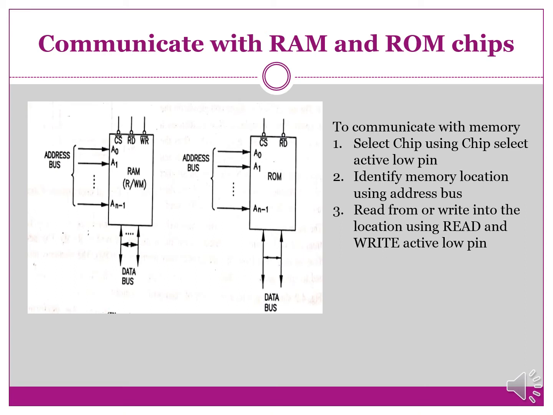send a memory location. Next is read from or write into the location using the read and write signals, which are active low. So here we are using read bar and write bar pins in RAM memory because it is used to read or write memory. And in ROM memory, we use only one pin for reading of data, which is read bar. So here we are not using the write bar signal because it is only for reading purpose.